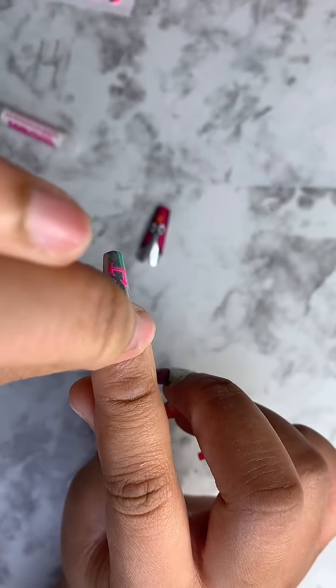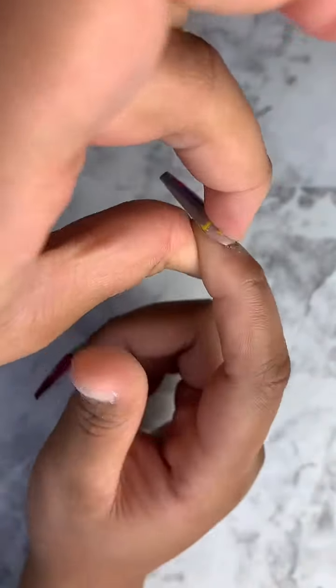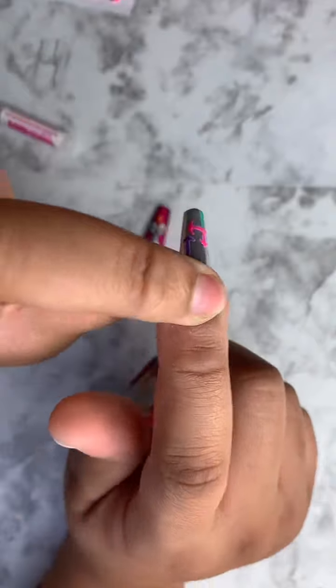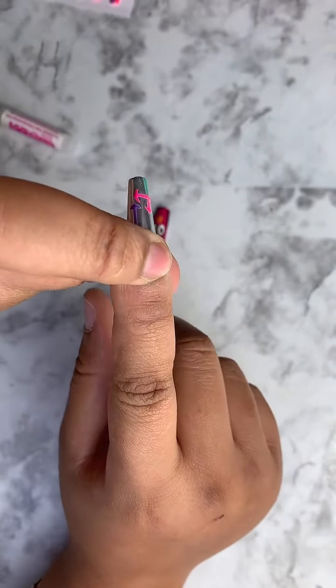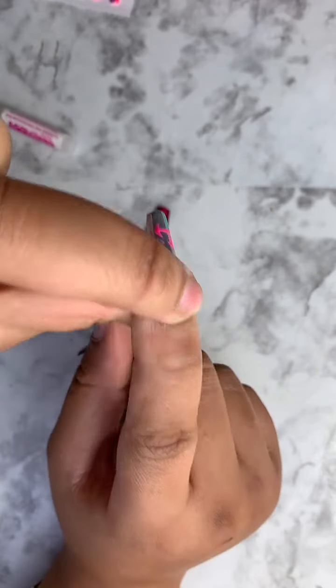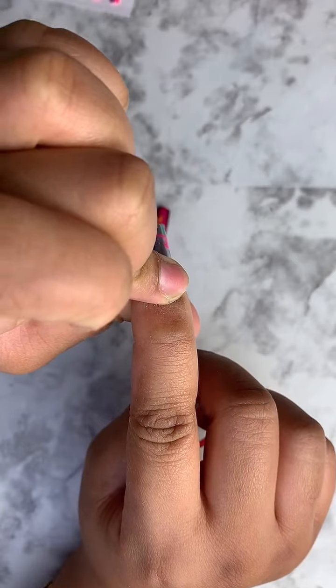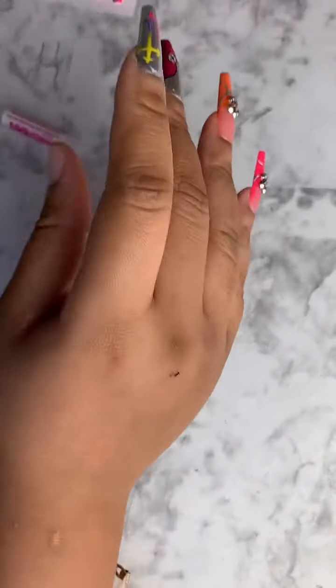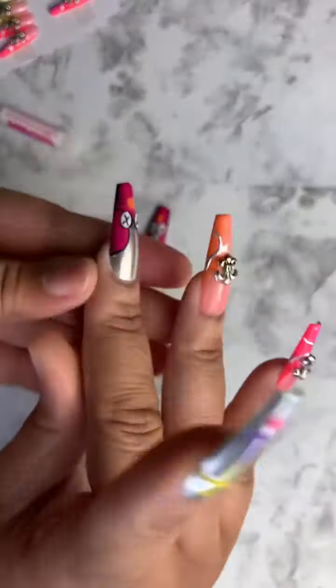Okay, just pinching that and applying pressure. I'm gonna give this one some extra time because I noticed that the nail was a bit snug. If you feel like your nails are a little bit too curved, then what you can do is just try to bend it at the cuticle a little bit. Sometimes you have to kind of like really apply pressure for it to bend,